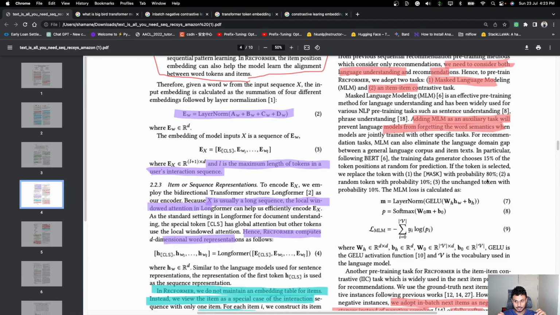So if you have a sequence of these item representations, and obviously they have different tokens, they pick 15% of the tokens randomly every time. Then let's say you pick the second token. Once you pick it, 80% of the time you will replace it with the mask. That means the model knows, oh, I need to do the masked language modeling, then I will backpropagate the loss regarding this, right? And then